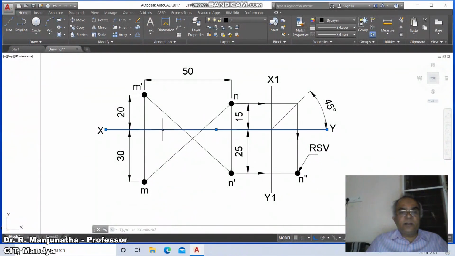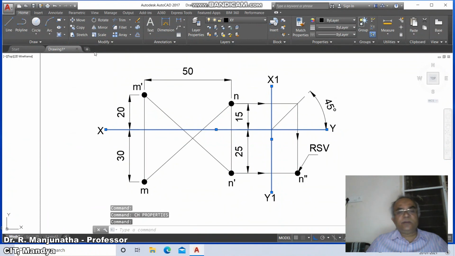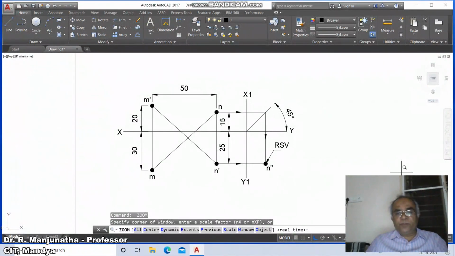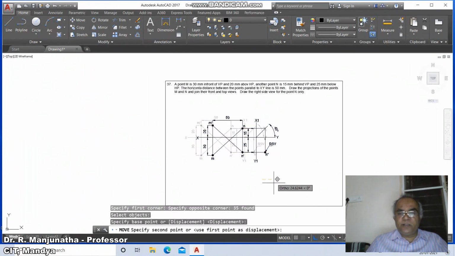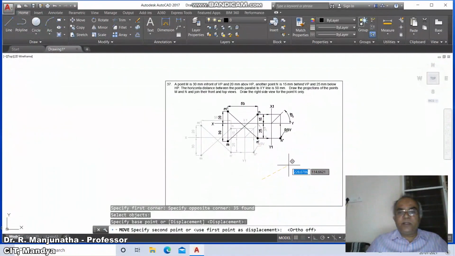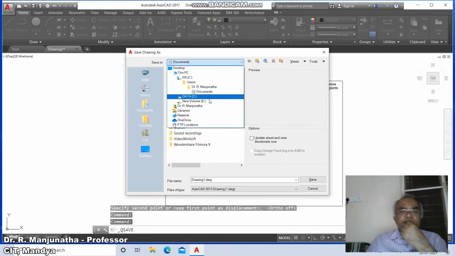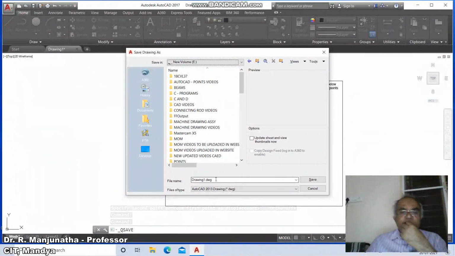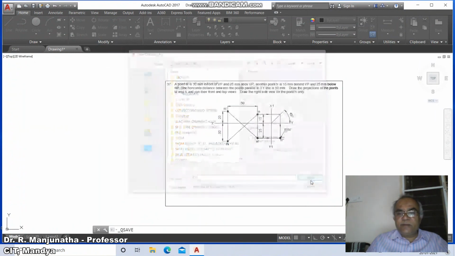Now we will go for selecting this and this line, change and go to layer, make this as XY layer and close it. So this is how you will be able to create the drawing in AutoCAD for this particular problem of projections of points. Then move this entire thing and place it wherever you want. And then you just go to save, go to appropriate drive and say take P37 and then save it. And finally